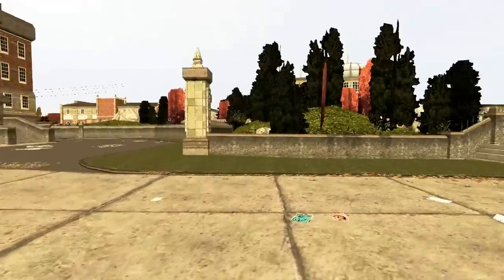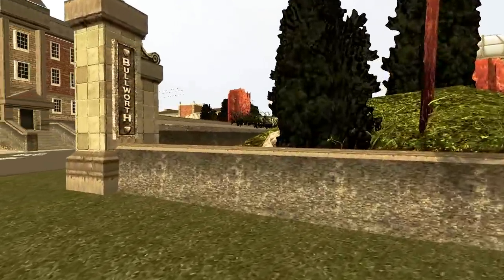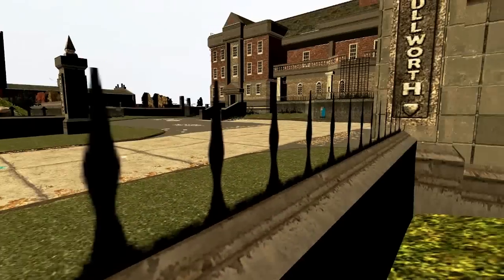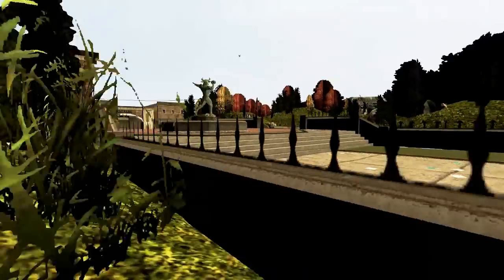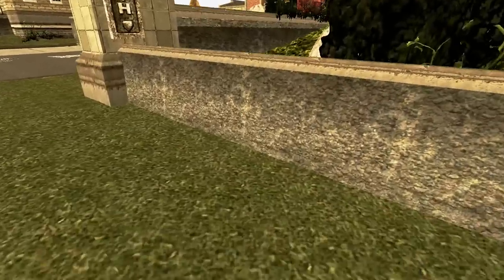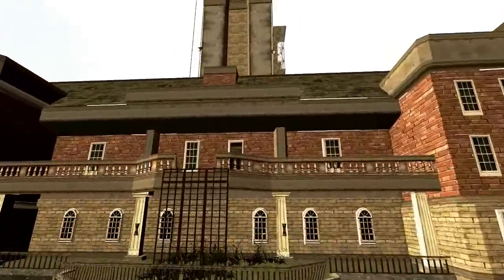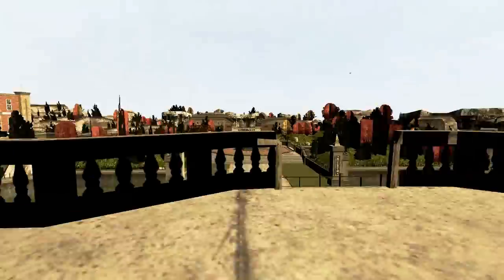But if you go to this side, what is this? There's no fence. Oh no. But if you look around, it just has this texture. I never figured this out. The texture is only applied to one side of the fence. The same applies to this fence. If you go to the other side...